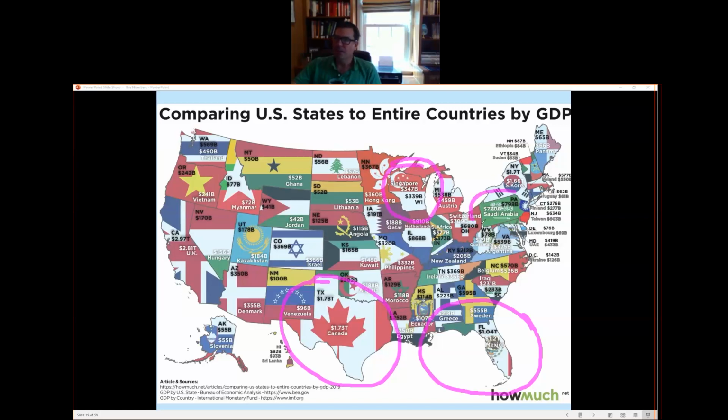This one's interesting for students. Saudi Arabia has all the oil, so everybody thinks they must be so wealthy. Well, they produce less GDP than the state of Pennsylvania is able to produce. So if 21 trillion is hard to explain, and I think it is to students, I just show them this map. This shows you how huge the U.S. economy is, right? Because our states tend to have the same size economies as many of